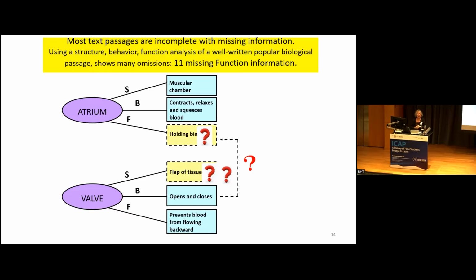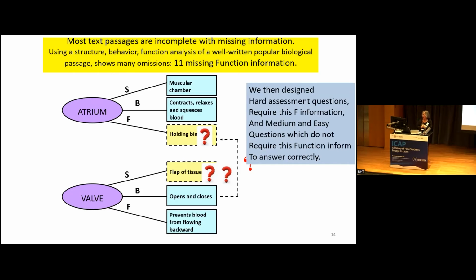Anyway, the analysis we did for this biology text is structure, behavior, function. What you notice in the yellow is that when they talk about the atrium, they didn't talk about the function. When they talk about the valve, they didn't talk about the flap, that it behaves with flap tissue. So for different components, different pieces of information are missing, right? So what we did then,